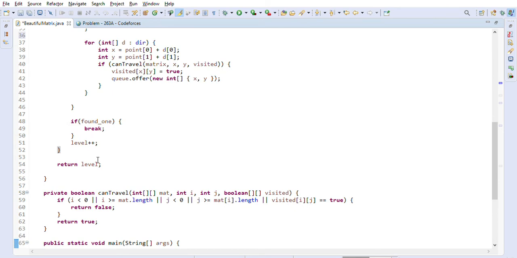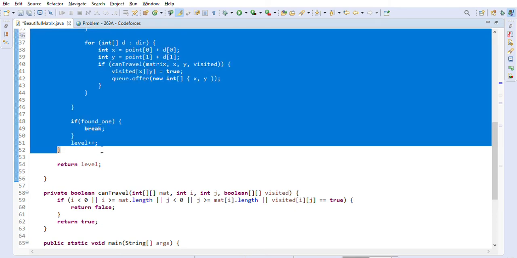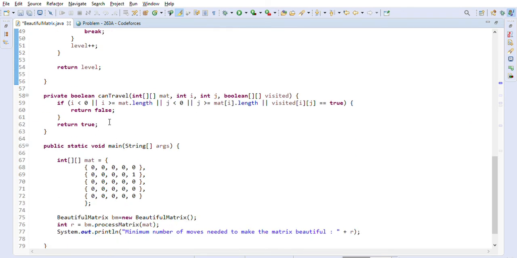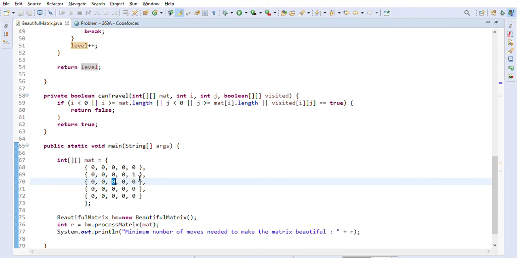And at the end, we'll loop through this while loop doing a BFS, and whenever we find one here, we will just break out, and we will return our level, which is the number of steps that we have taken to reach it, right? So now, as I already explained here, in this case the number of steps is 3, right? As you can see, like this, 1, 2 and 3, or even if you go like this, 1, 2 or 3.